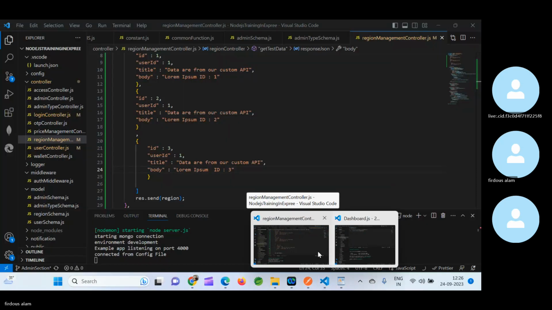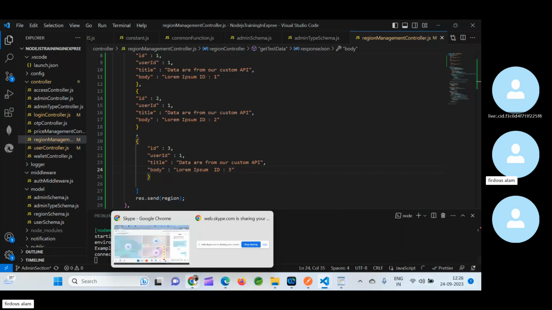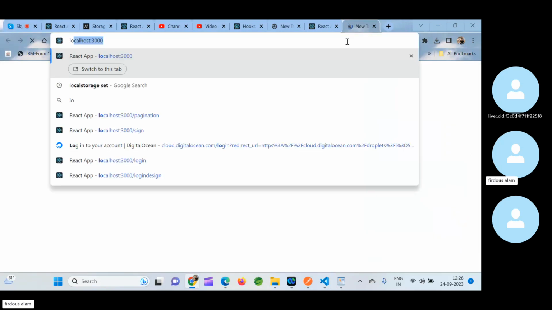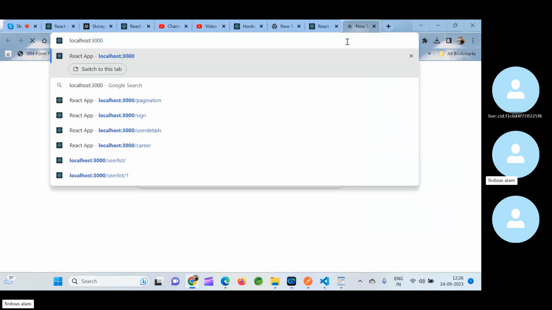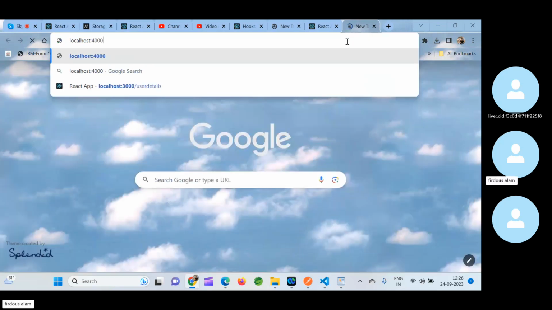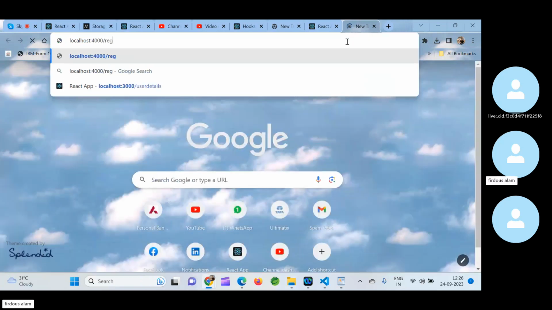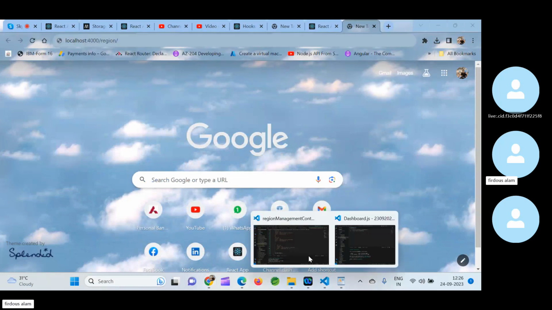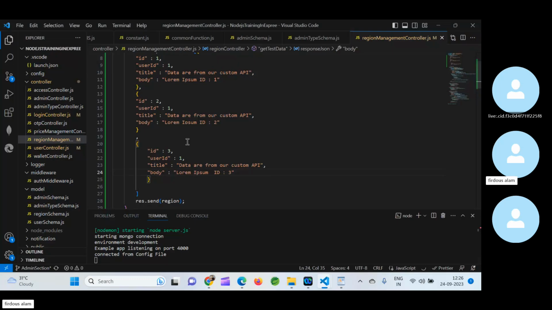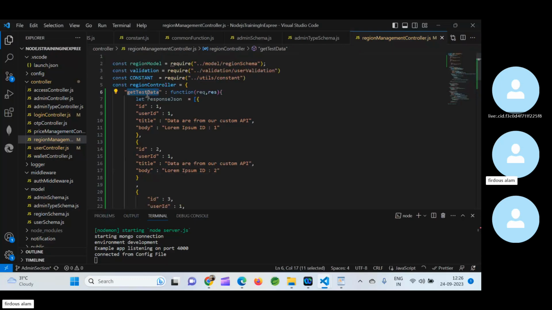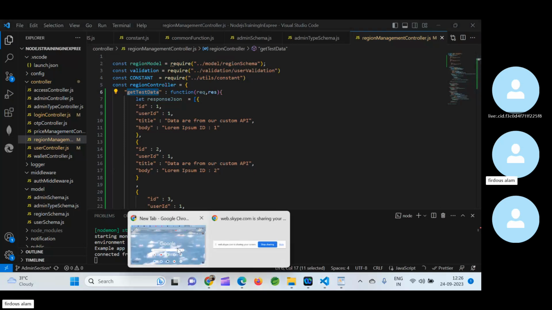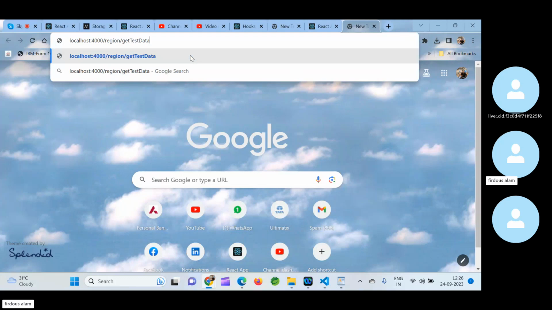Okay. Let us hit the API directly instead of using Postman. How can you hit the API directly? Since you know we are using the port, use this. Then I have used region, and then inside the route, what we have given, we have given this route, right? Get test data. So when I hit this from our local host, from our local machine,